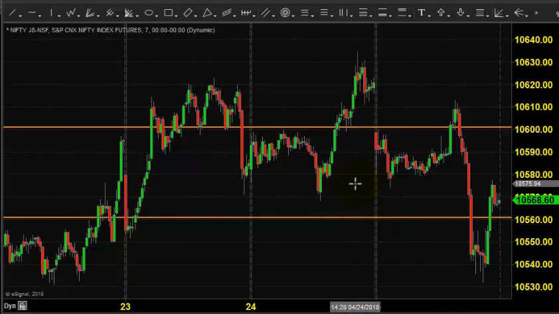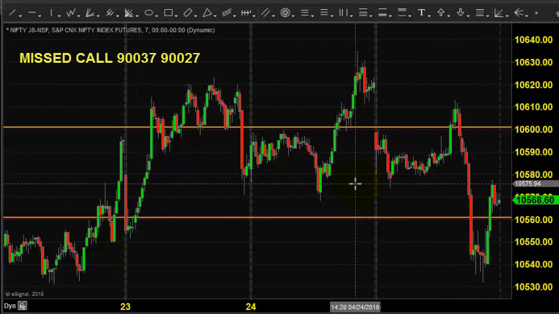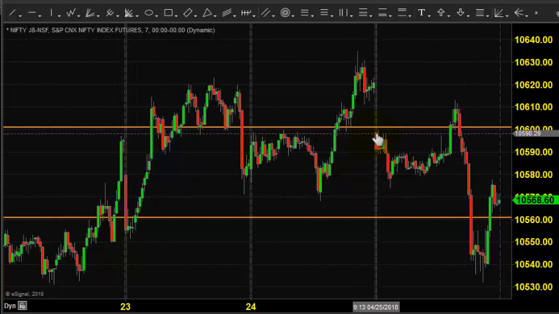In this video presentation we will see how we can trade in Nifty index options today. Before looking into that, let us see what happened yesterday and what we expected yesterday. The chart you're seeing is a 7-minute candlestick chart, and this candlestick indicates yesterday's price opening, which shows that the price opened here